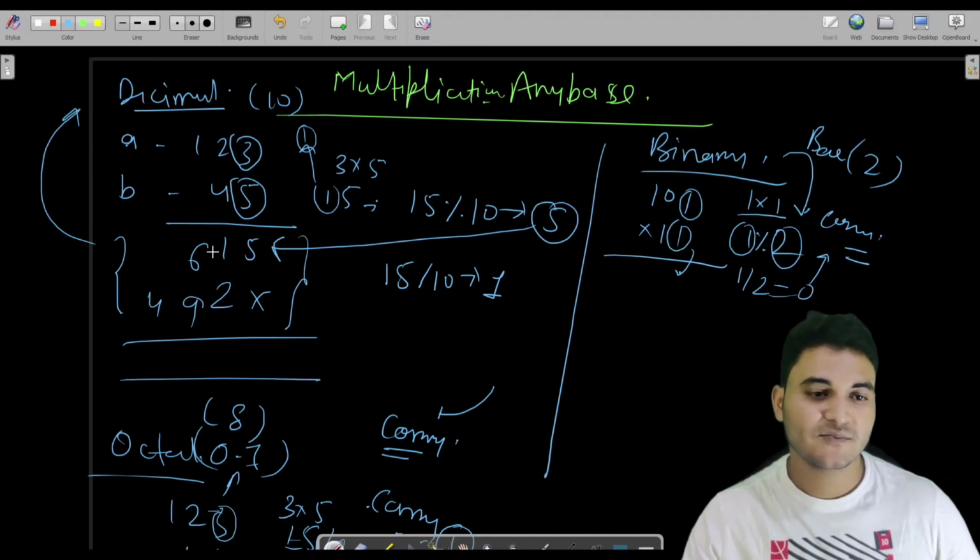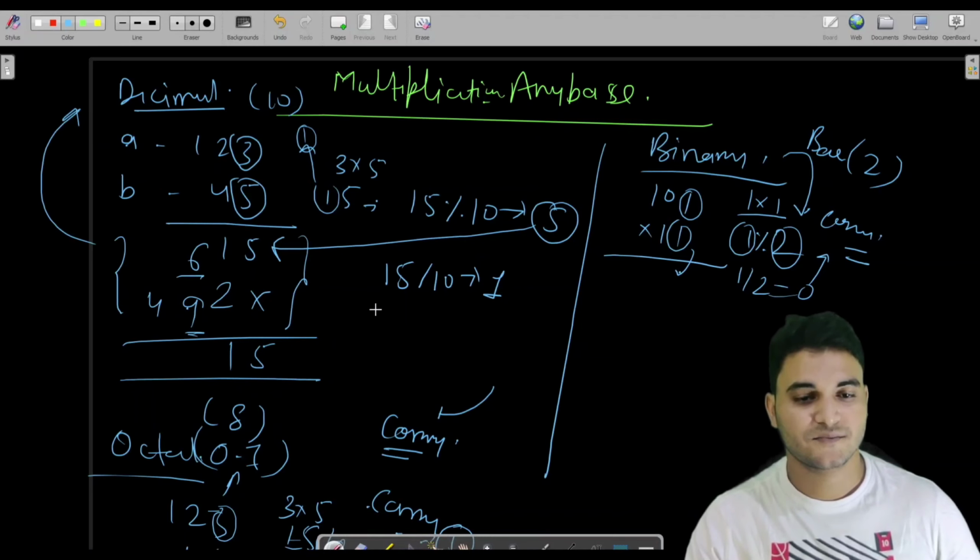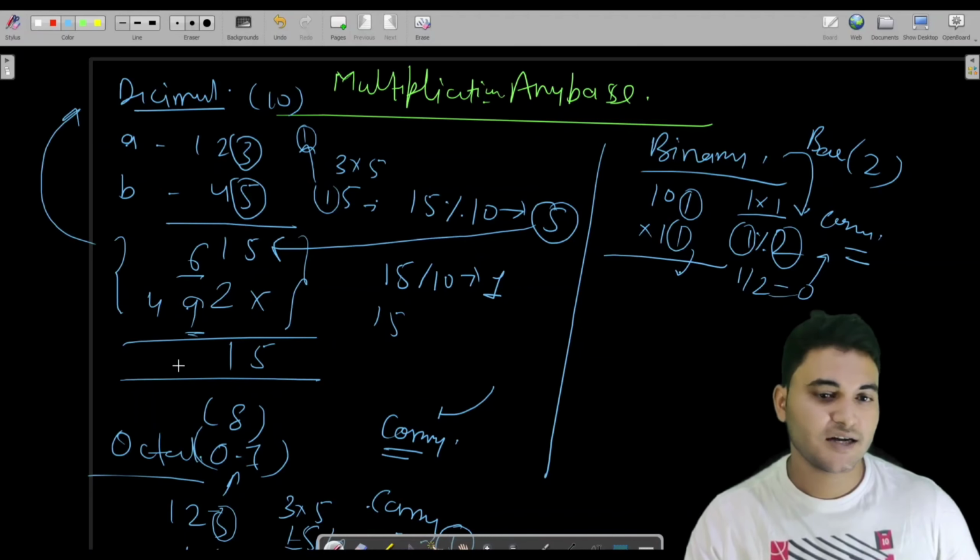So why I am explaining this, let's see. 5 plus 0 is 5, 2 plus 1 is 3. See it here, this is the turning point, why I am explaining all these things. 9 plus 6 is 15, so we cannot write 15 directly here. What we used to do is compare whether this is greater than or equal to 10.